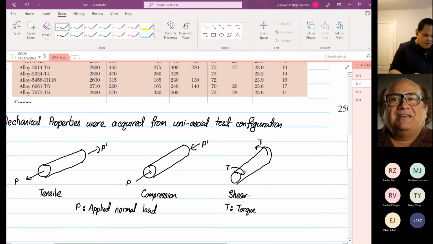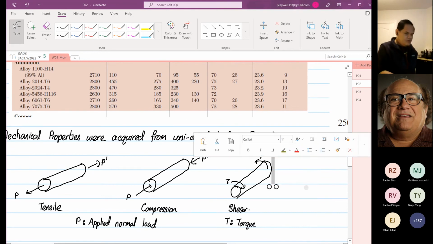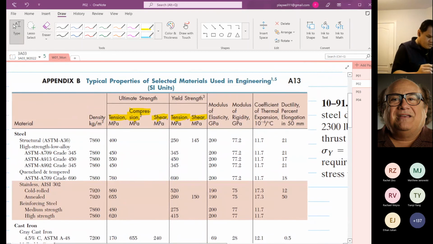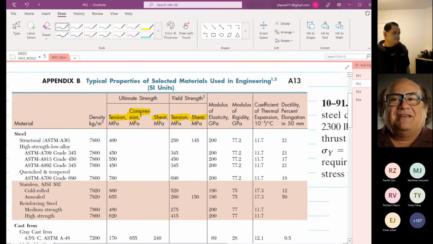Okay, so from here they do a test, they get all this information. That is why the tests are given in tension, or compression, or shear, for both yield and ultimate stress. Now, when we look at this example,